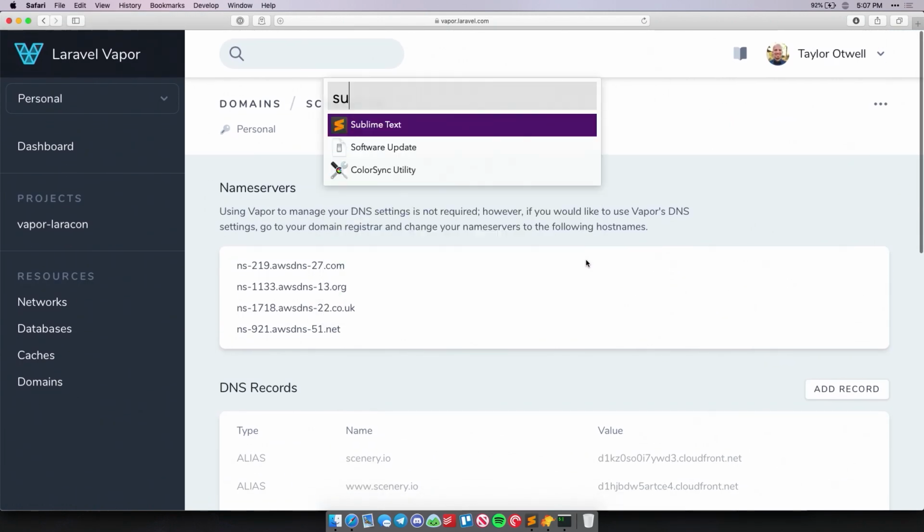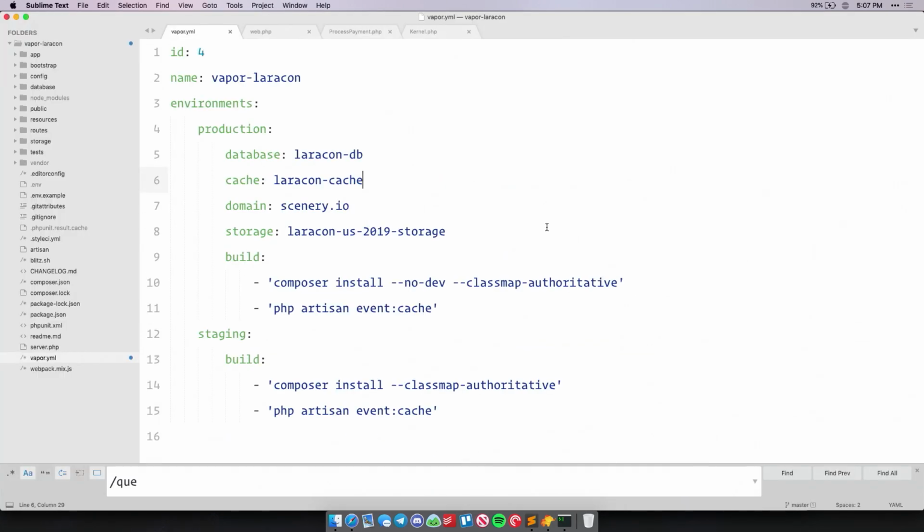We already saw in my Vapor configuration file that you just attach the domain to the environment using the domain key, you deploy, and you're done. Vapor will automatically add those CNAME records, and if you're not using Vapor for that, you can add them to your registrar, and you're ready to go. All right, so really easy to use or even purchase custom domains right from Vapor and attach them to environments.